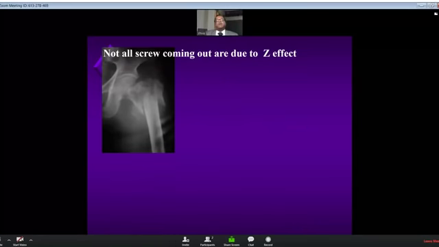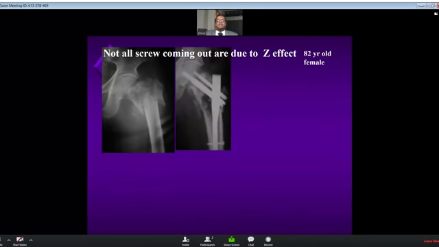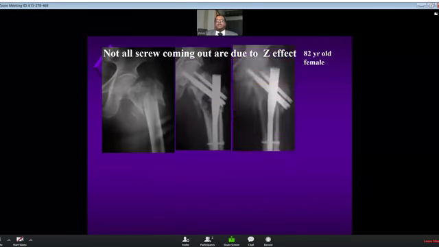Friends, screw coming out, all of them are not Z effect. Here is an elderly 82-year-old lady. She was having an unstable intertrochanteric fracture with pertrochanteric fracture, treated with a PFN. This is the X-ray at 6 weeks where the superior screw is walking out, and at this stage the patient